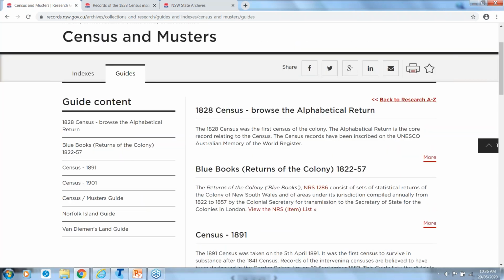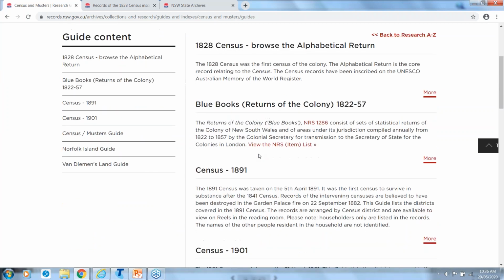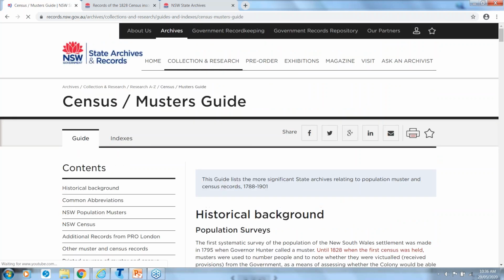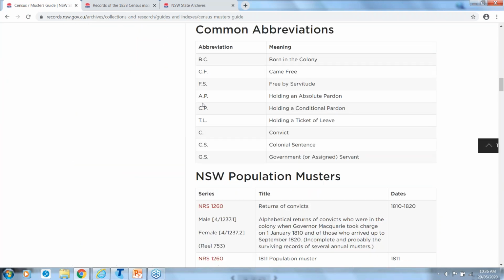But just before we do go to there, I just wanted to point out what a great wealth of information you can find here about later census and also more broadly about the census and musters. And very usefully, this list of common abbreviations will really help you when you're looking at the original alphabetical return of the 1828 census. These are all of the abbreviations that you will see